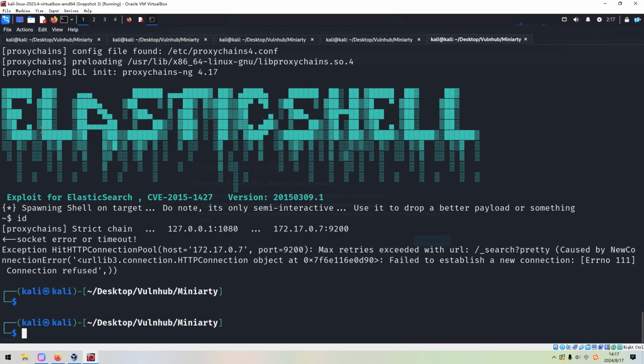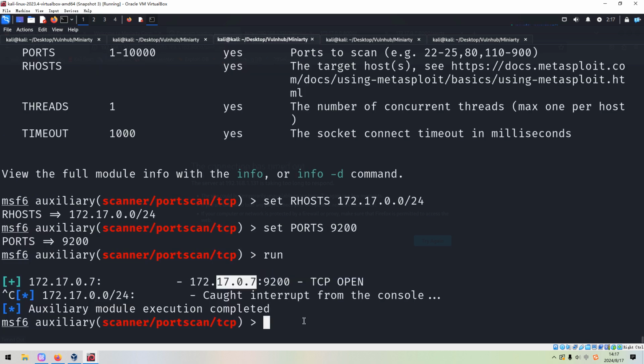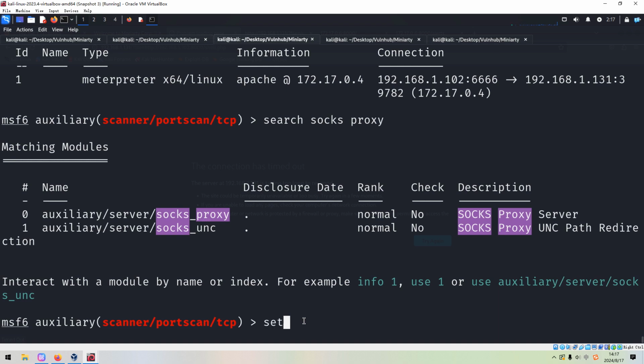Should be the 7. We can run it again. Maybe I'd like to cat out. Oh, sorry. We need to set up the proxy or SOCKS proxy. Sorry about that. So we can get to the sessions. We can search socks proxy, and we need to, oh, sorry, not set, use.